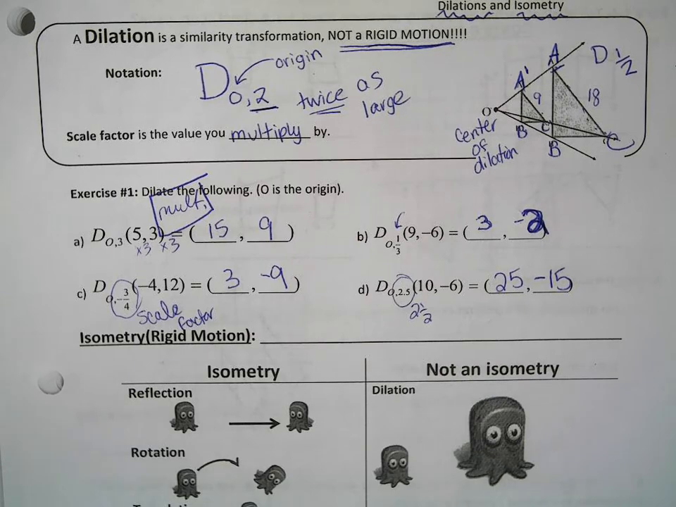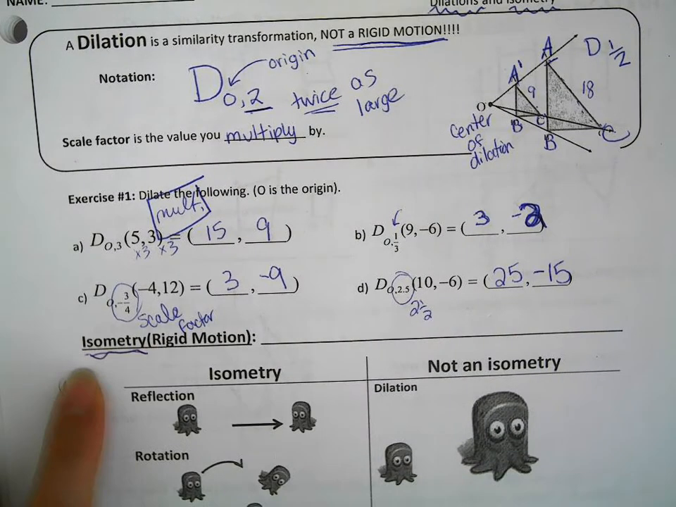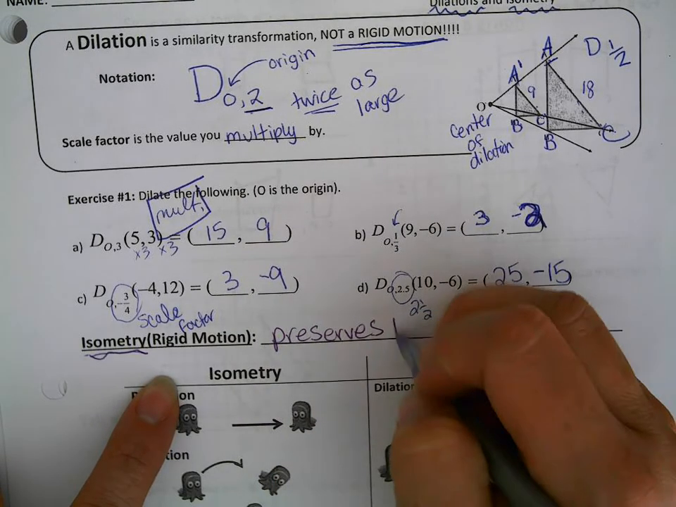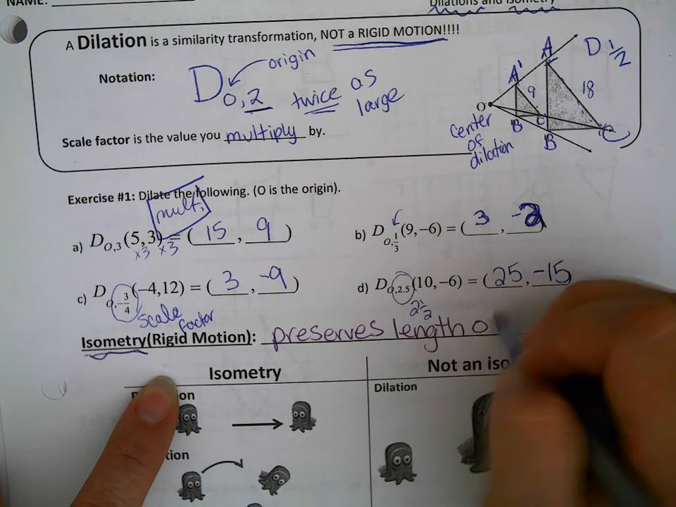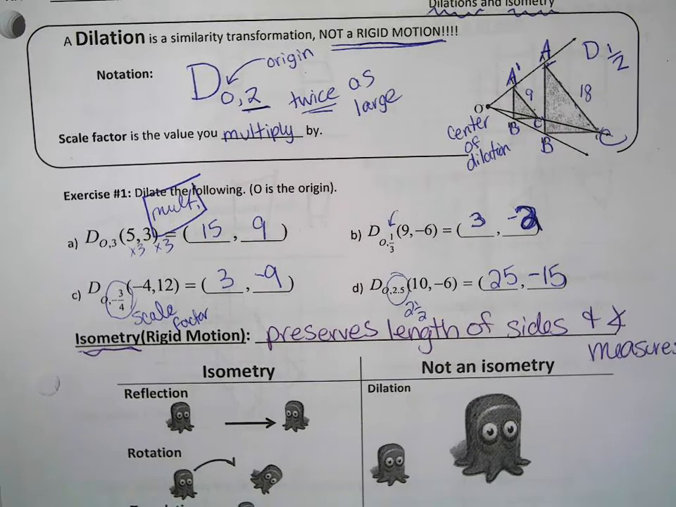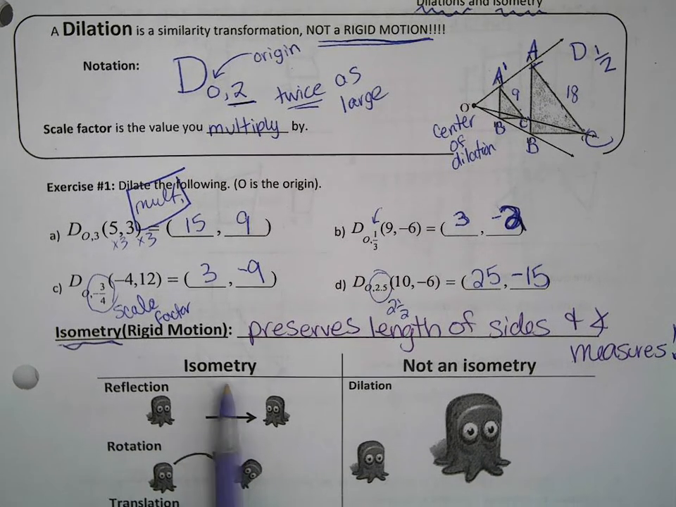Okay. Isometry is considered a rigid motion. Those words mean the same thing. I'm just trying to change color. So an isometry is just a fancier way to say rigid motion. It preserves length of sides and angle measures. Again, you've heard me say that definition a few times now. It was at the beginning of our packet and here on the notes page. But an isometry preserves the distance